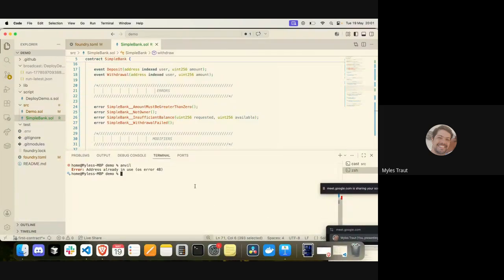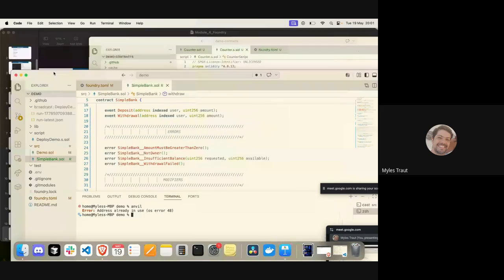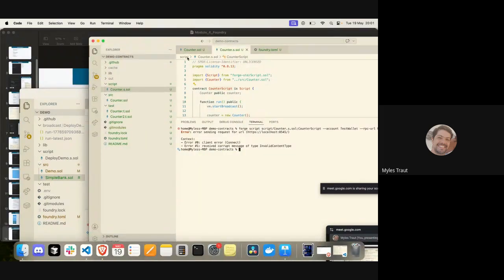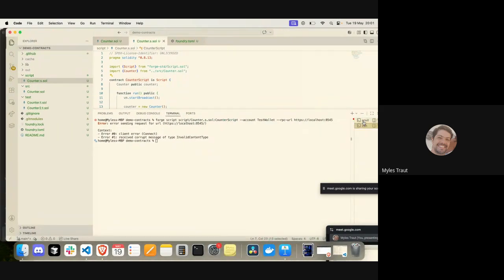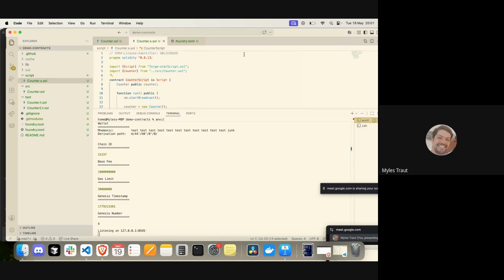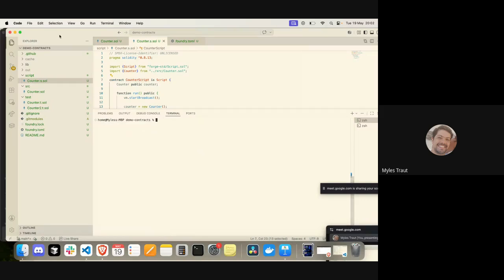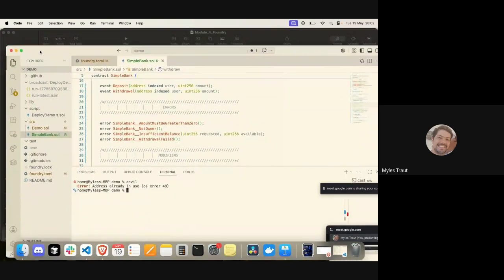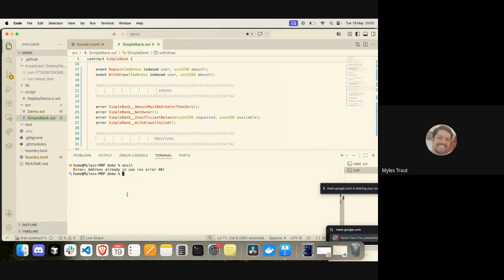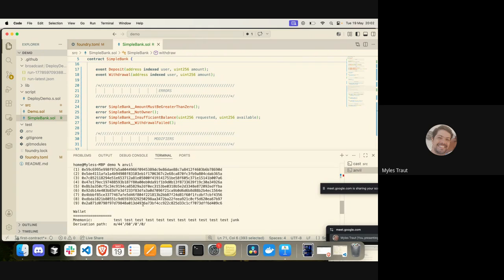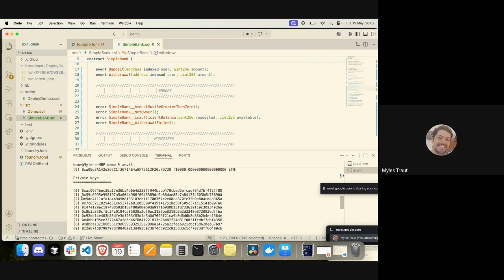Oh, it's already running. Oops, my bad. Let me just kill it in this instance and run it up in this instance. So you can only have one Anvil instance running at a time. Right. And if we use, say, this private key number 3,